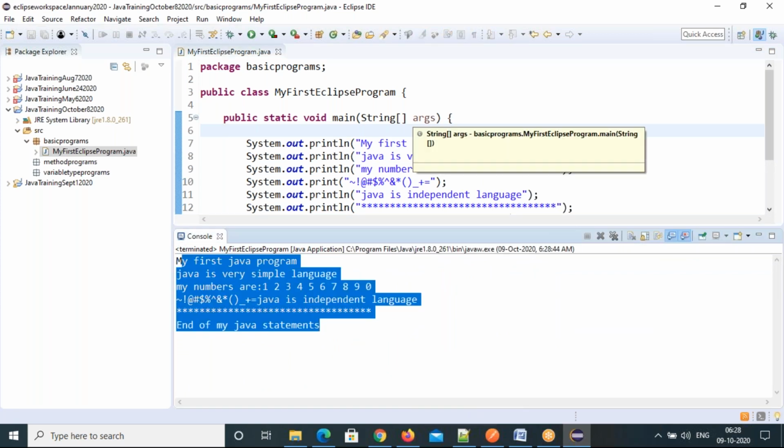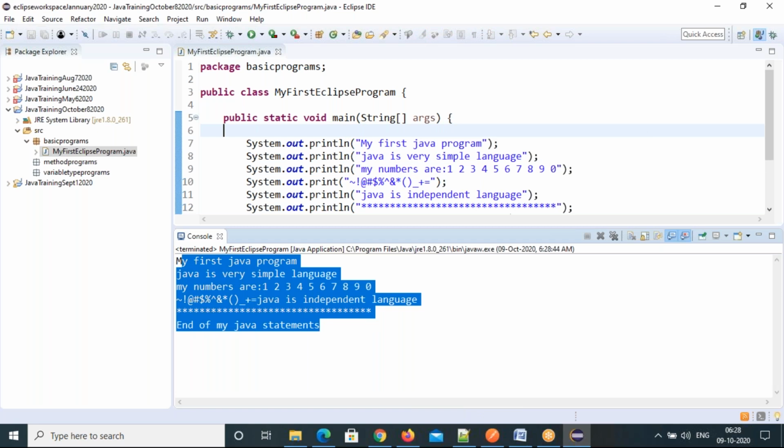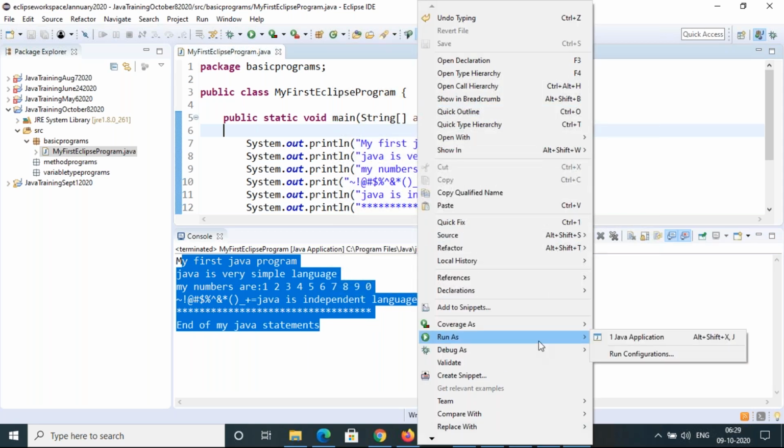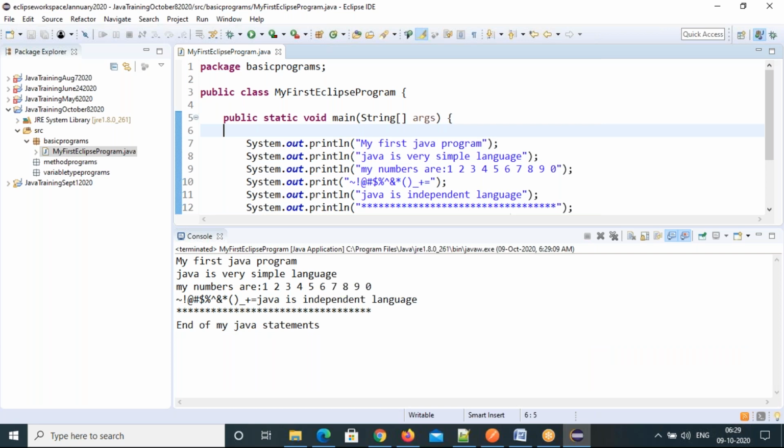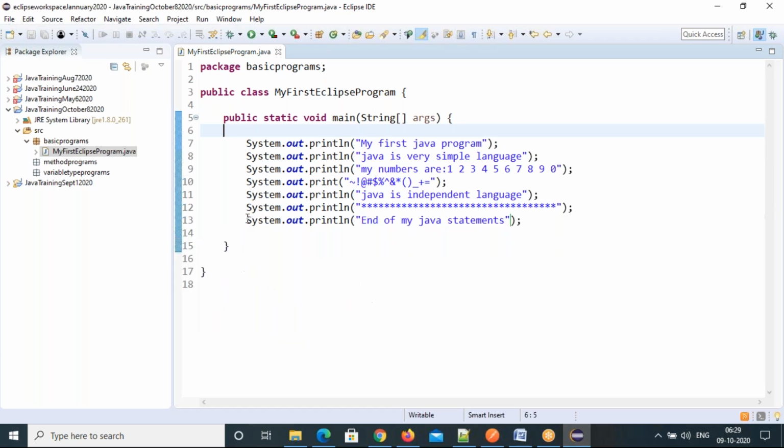Another way is right click: right click on the program, Run As Java Application. This is another way to run. So these are different ways to run your program. Any one you can use to run your code. Okay, so that's all about a very simple program.